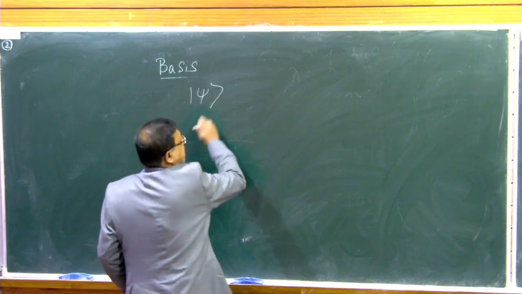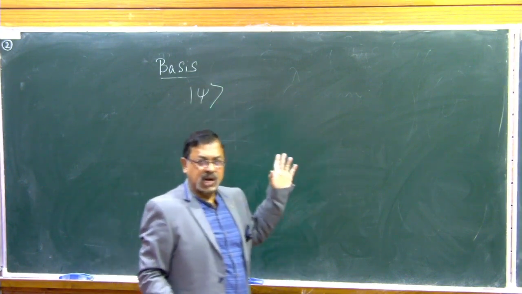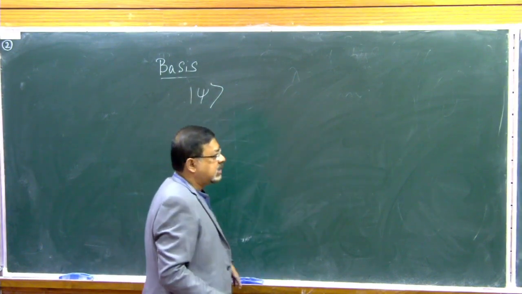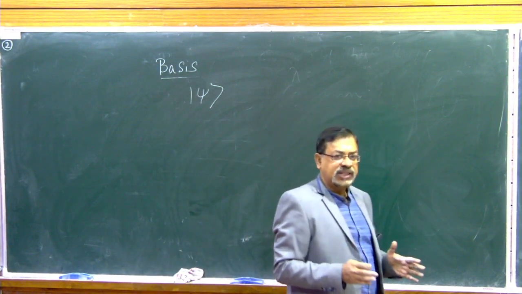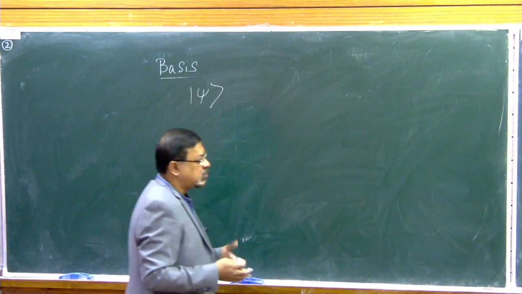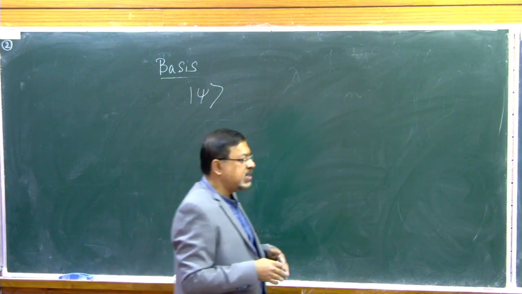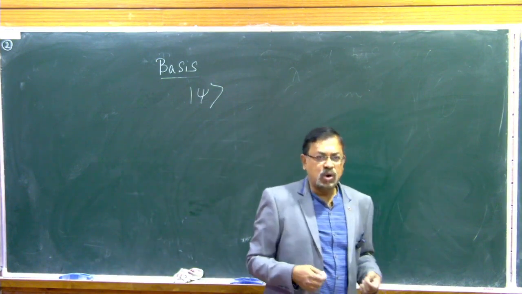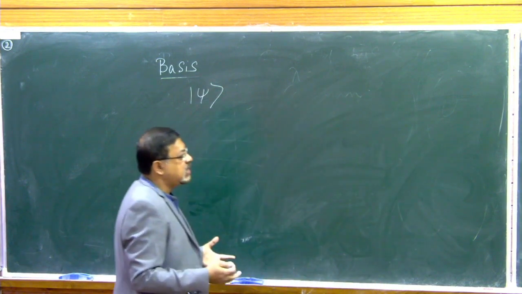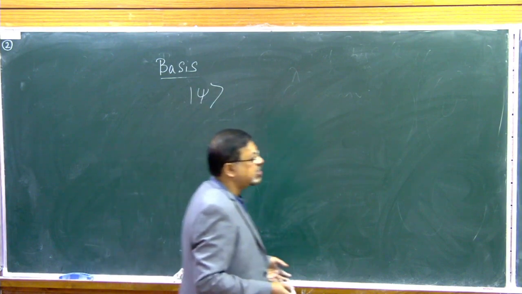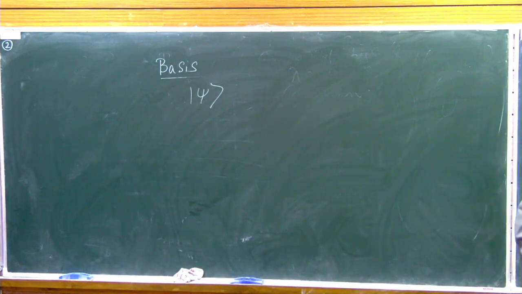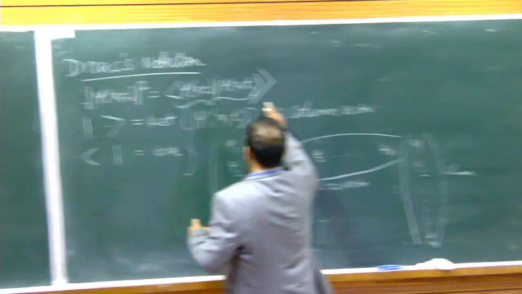Okay, and I'm using that ket notation, Dirac's notation. But as I said, with these notations, you don't have to stick to that. While calculating certain quantities, we find it easier to go back to the definition,